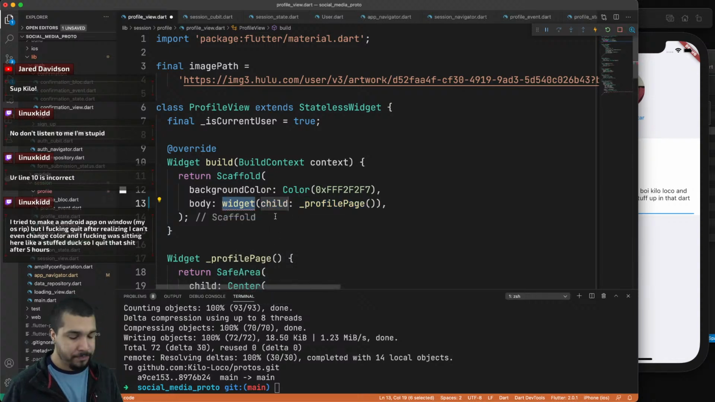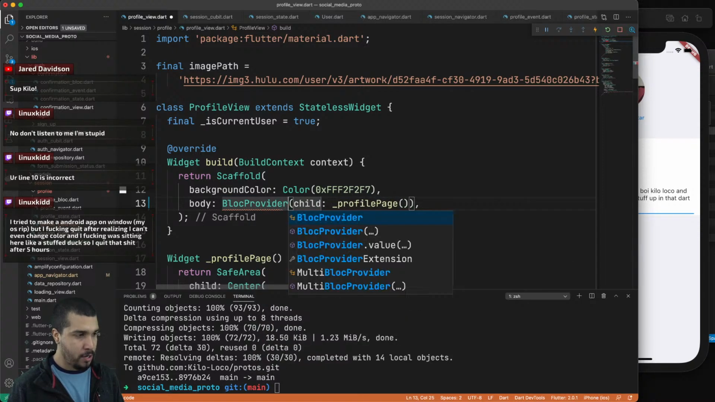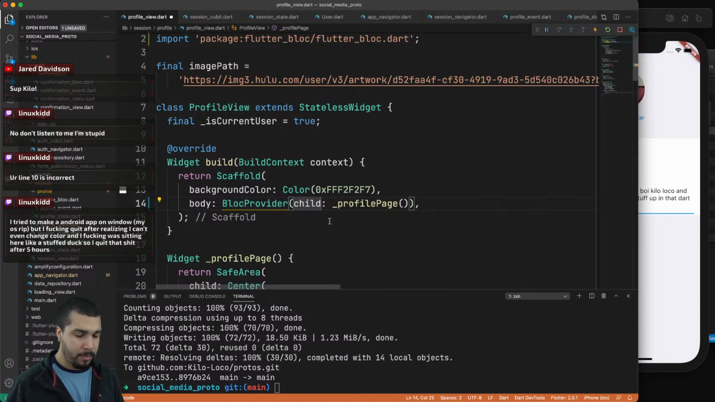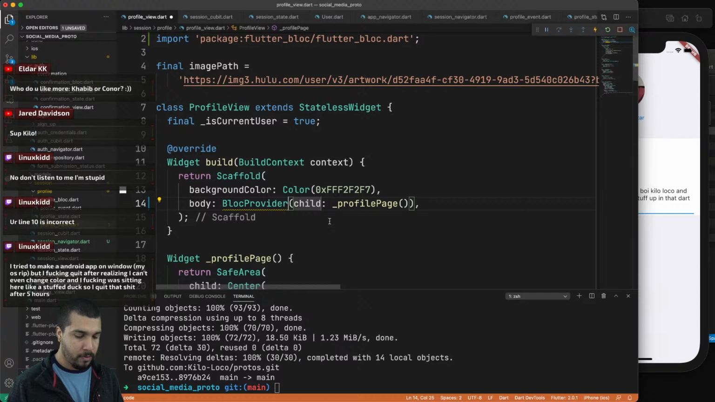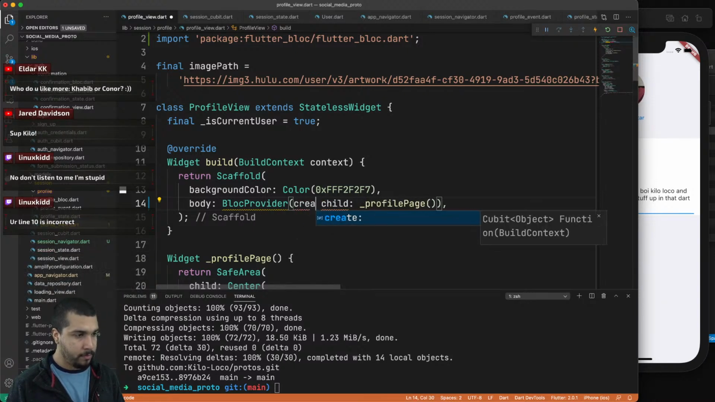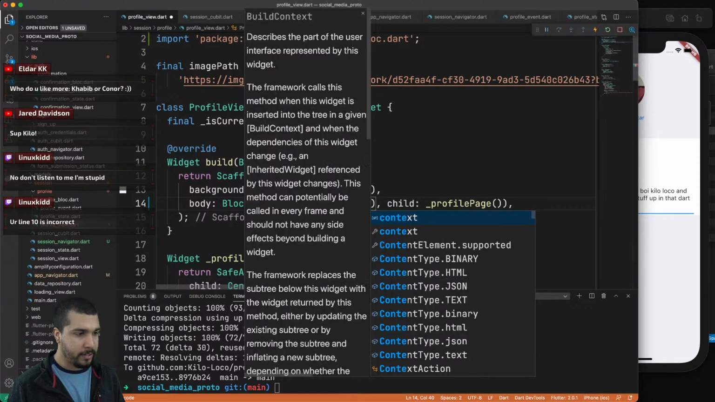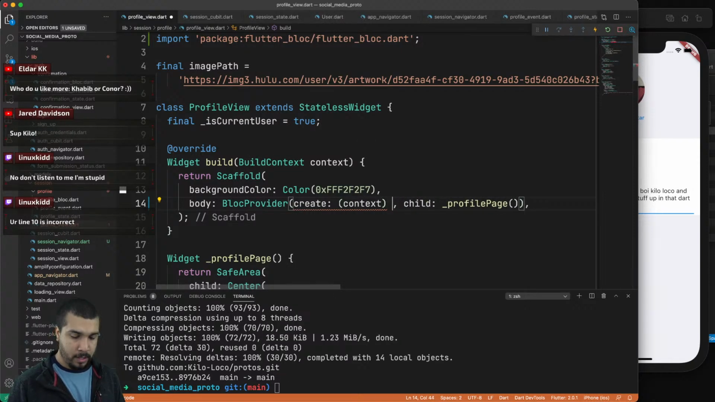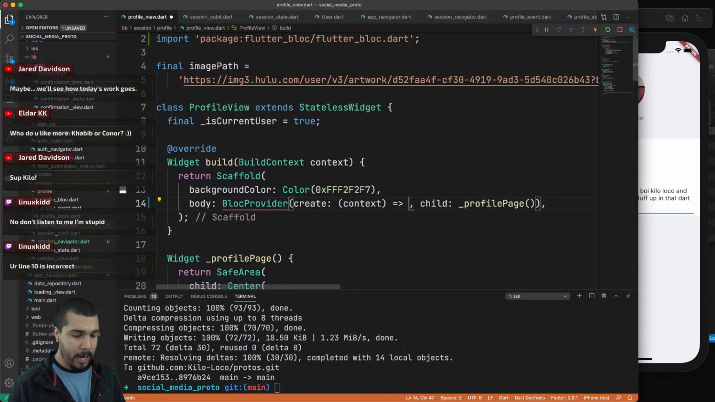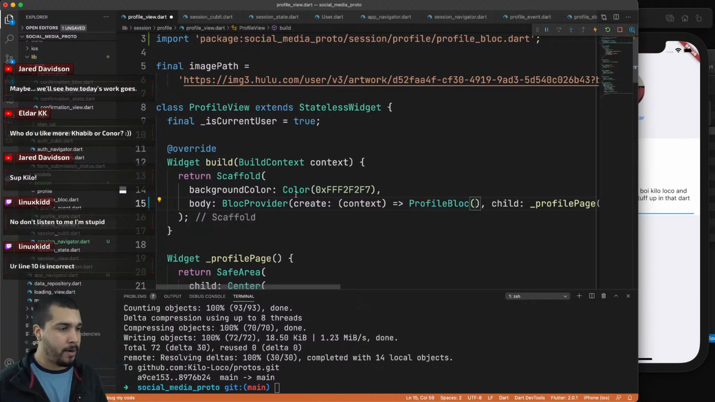Let's go ahead and wrap this in a widget. And we are going to do block provider, like that. And the block provider has a create, context and arrow, we have our profile block. And then, okay, so this is the part where